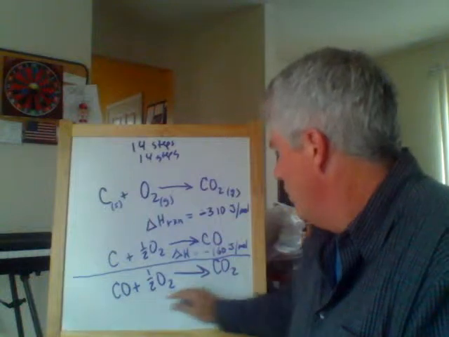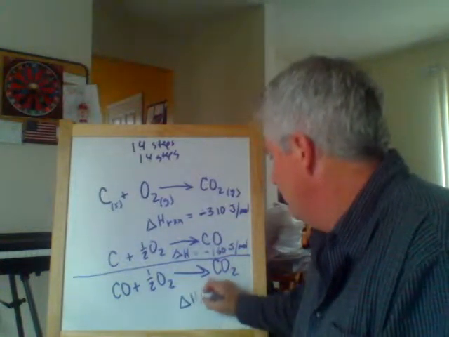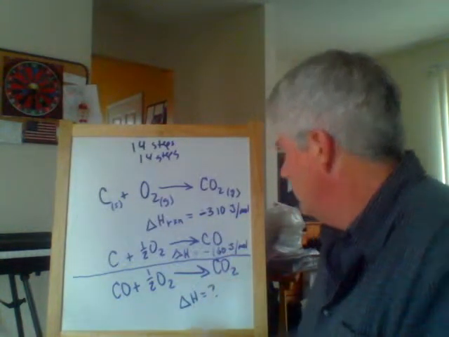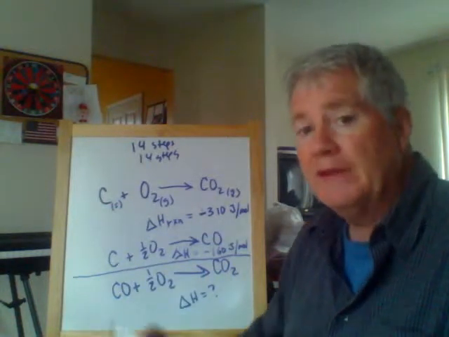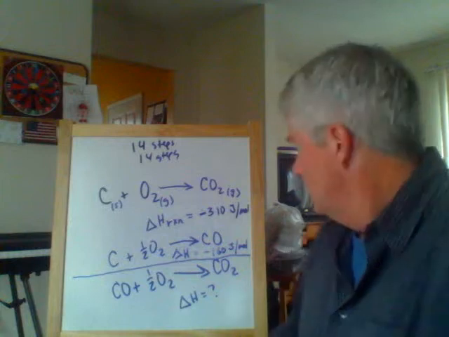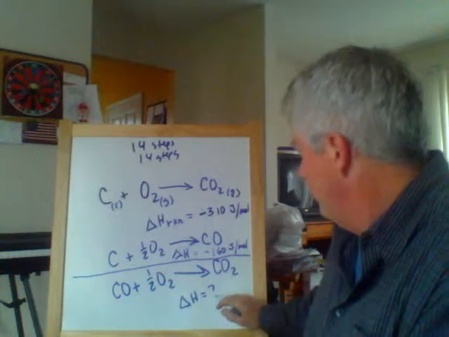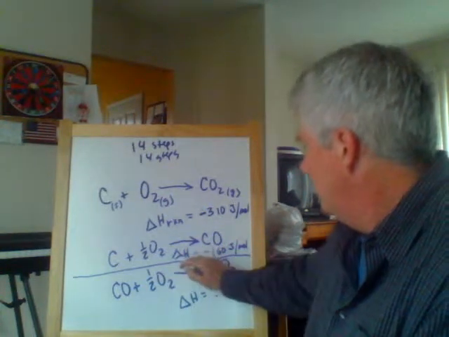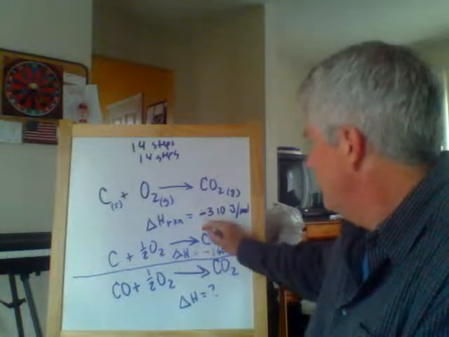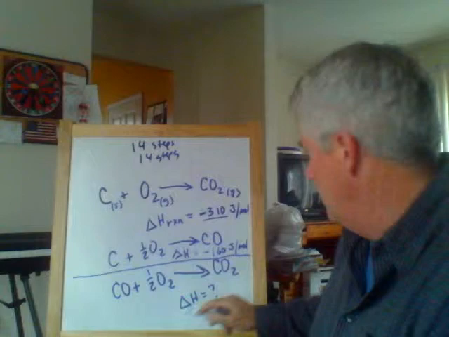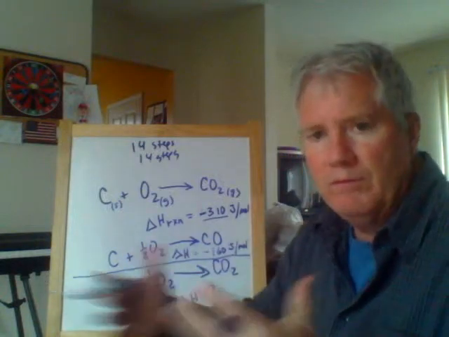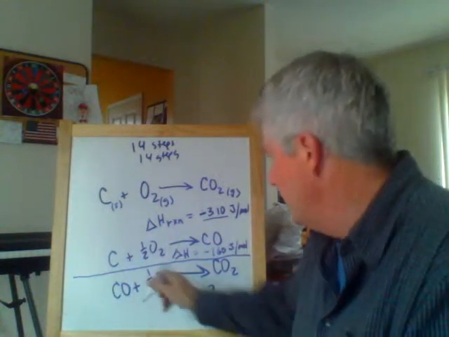But then we want to say, all right, well, on the second reaction, what's the delta H of this? Well, it turns out we can make use of the fact that energy is a state function to know that the energy produced in this step, when added to the energy produced in this step, must equal the energy in this step. Because again, if you add these reactions like we've done when we're doing our stoichiometry, you'll see that